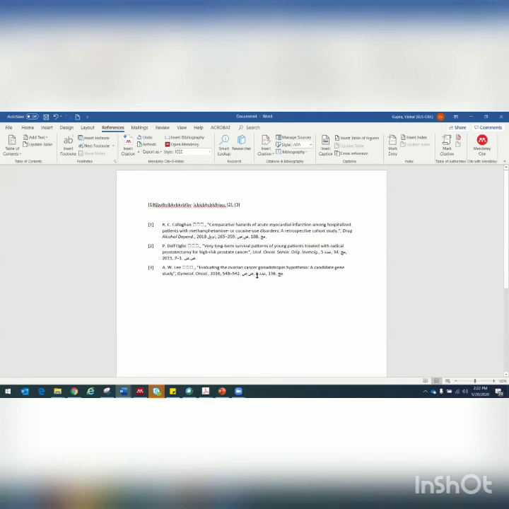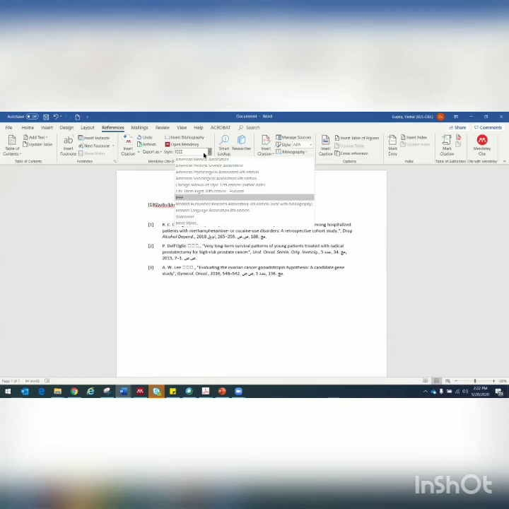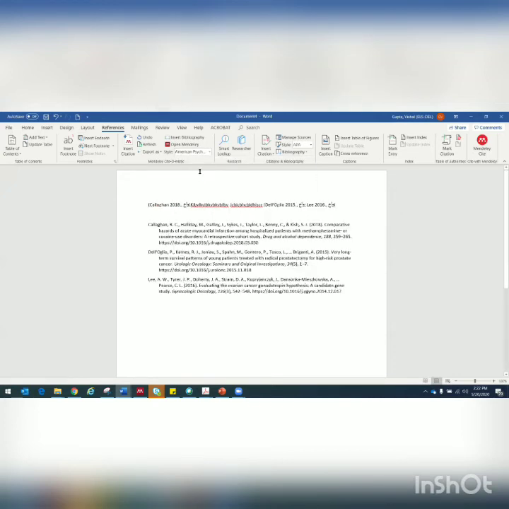Whatever needs to be changed to Arabic has already changed. So you don't need to rely, because everything will not change to Arabic. Whatever needs to be changed has changed, right? Even if I go to APA, you see only those portions that need to be changed have changed. Rest, everything else remains as it is.